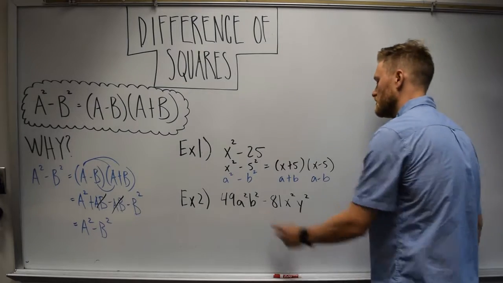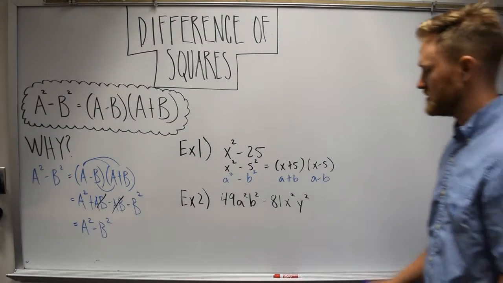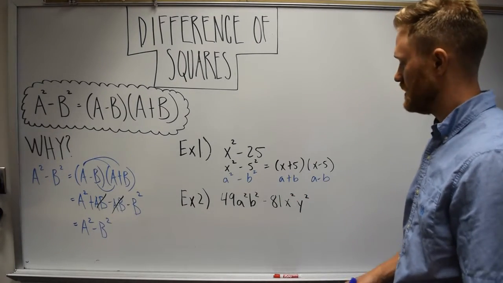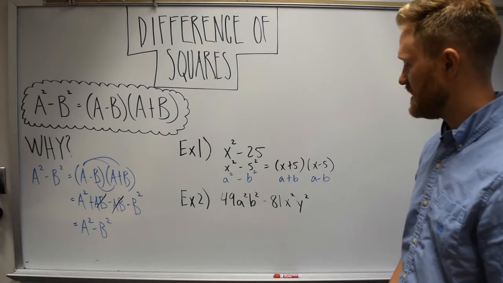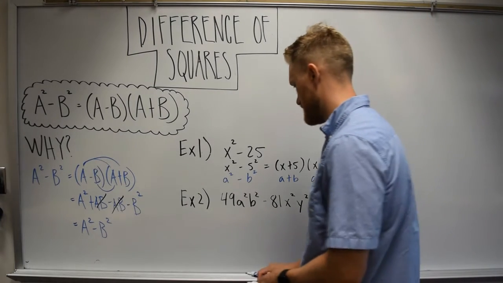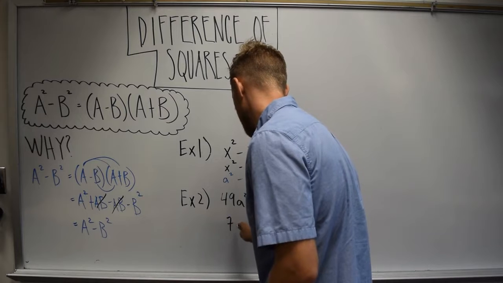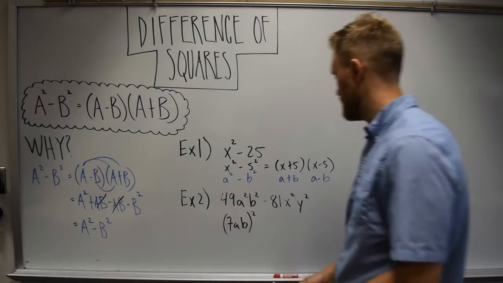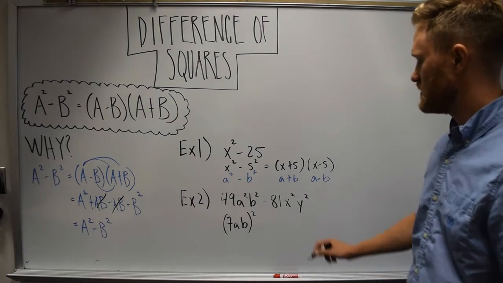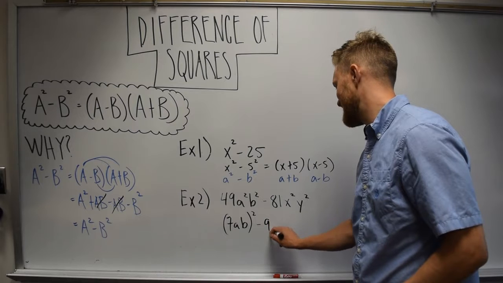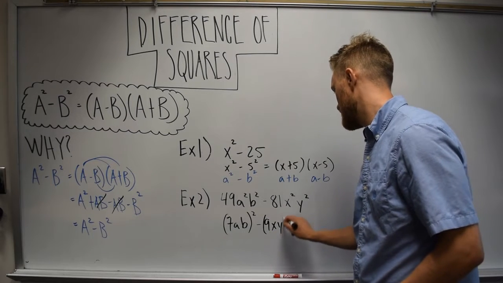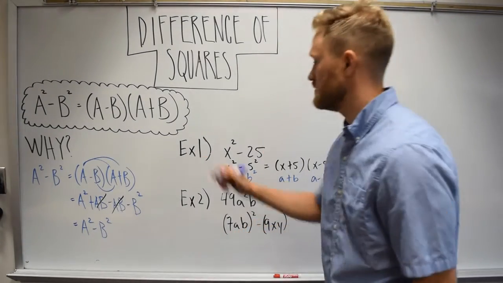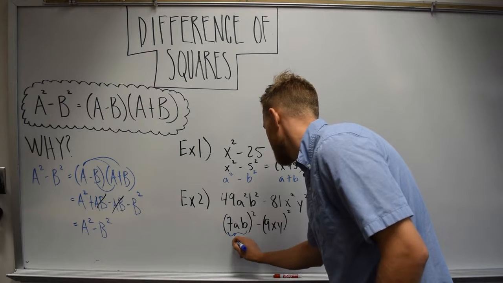In example 2, we have something a little more complicated. We have to recognize how to write this as a square and how to write this as a square. So 49a squared b squared, I can write that as (7ab) squared. 81x squared minus y squared, I can write that as (9xy) squared. So if I'm looking at this and comparing it to our formula, this is a,